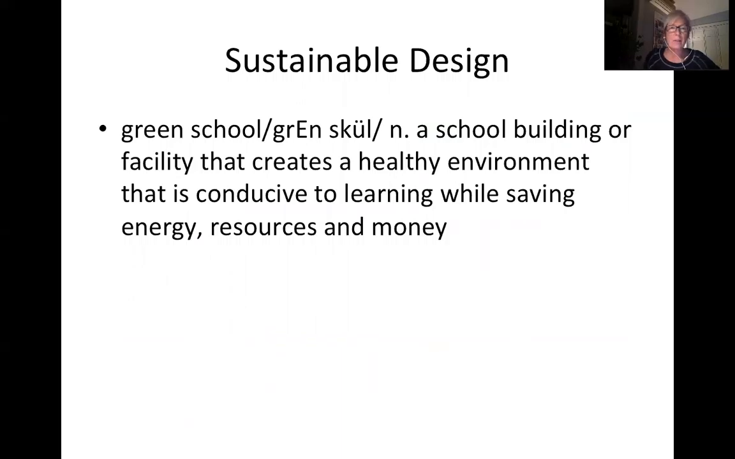As we start to take a look at a green school and use that as this concept of a school building or facility, in our case, grounds, that create a healthy environment that's conducive to learning while saving energy, resources, and money. Obviously, there's a little bit more to it than just that. But what we really want to start to try to do is basically a filtering process that allows you to